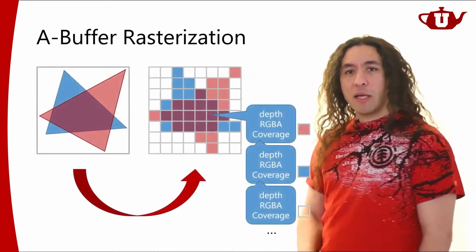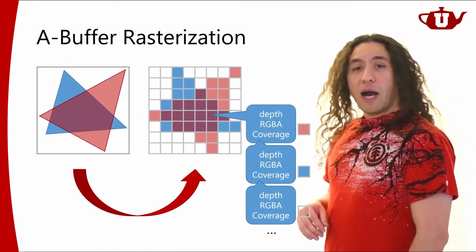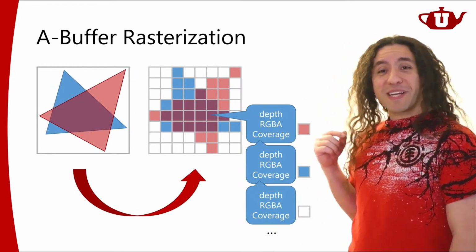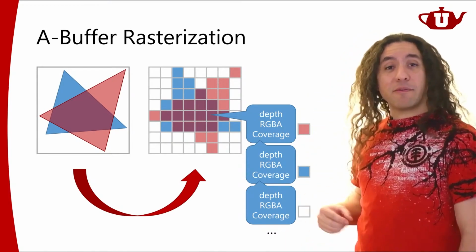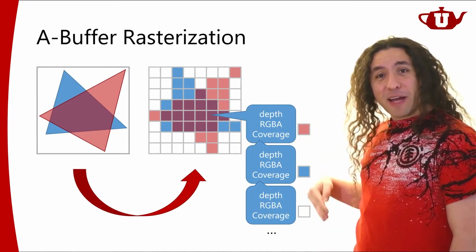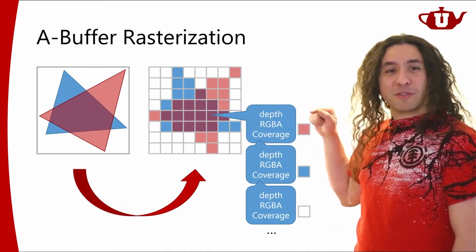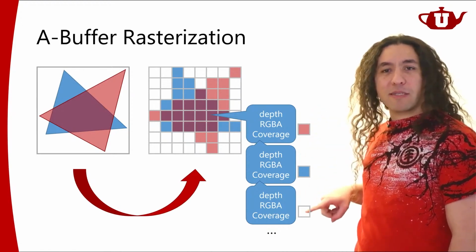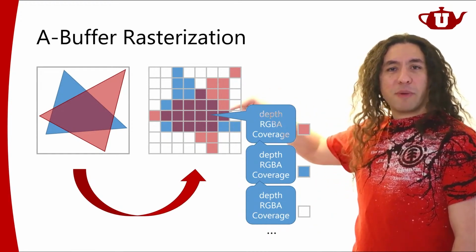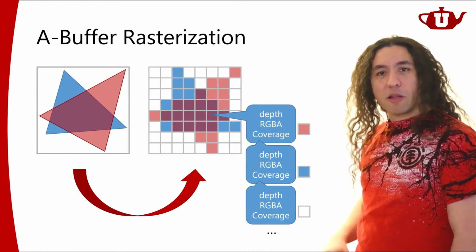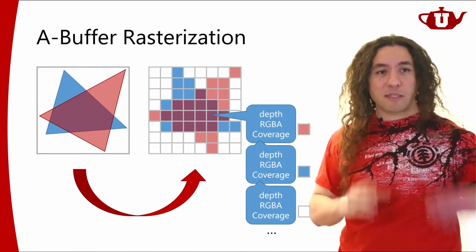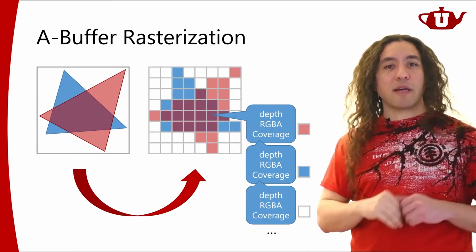Now here's how it works. With A-buffer rasterization, I don't just store a single depth and color value. For each pixel, I'm going to store a list of what we call fragments of these triangles. A list of fragments for each pixel that will contain everything that's visible through that pixel. So this is the background, in this case, and it's the blue triangle and the red triangle. And for the pixel in the middle here, I have a list of all of them. And together with their depth and RGBA values, I also have a coverage mask. So I know what part of that pixel they're covering.